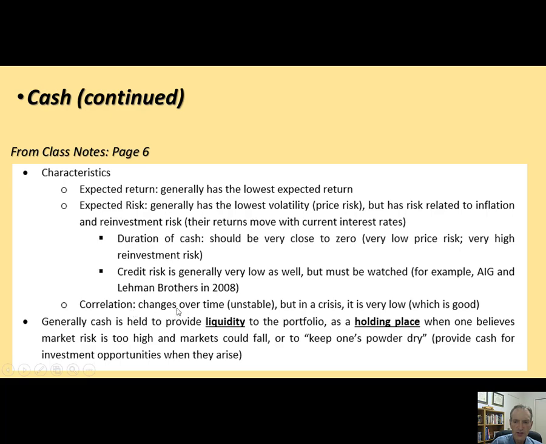Their correlation changes over time, but usually in a crisis, they usually do pretty well. They don't have really high returns, but they don't lose money usually either. So think about it, 2008 was the worst case scenario for cash and money market mutual funds. There were some small losses in a few of those funds, but very small, 1, 2, 3% at the most. So even in a worst case scenario, they don't lose much money.